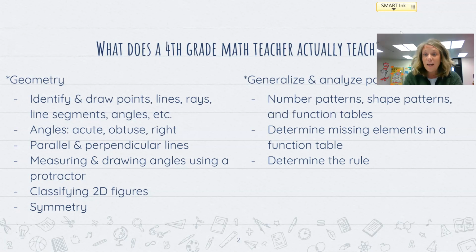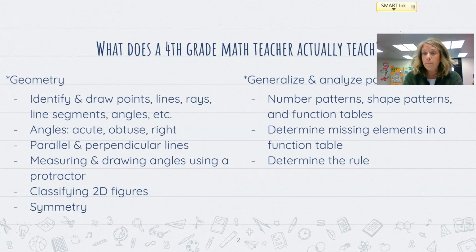Students have to be able to classify two-dimensional figures. So not only do they need to know that a four-sided figure is called a quadrangle or quadrilateral, they then take it a step further and have to classify them based on if there's one pair of parallel sides, two, and different things like that. So kites, diamonds, parallelograms, squares, rectangles, being able to differentiate and distinguish between all of those figures, and symmetry,